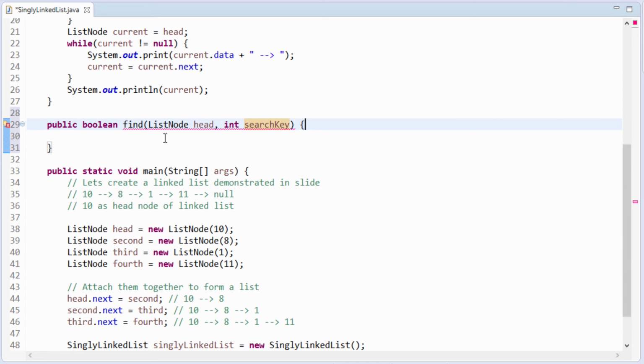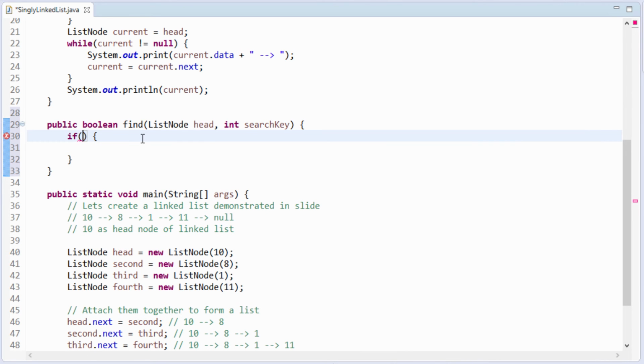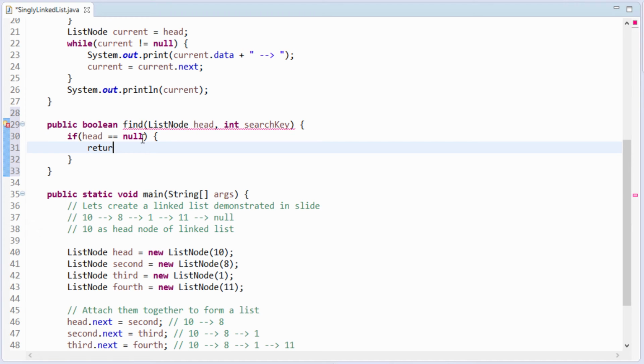So basically this method takes in a head and a search key. So our first thing will be, let's say if head is equal to null. Suppose we have a linked list where head points to null, so we will just return false.